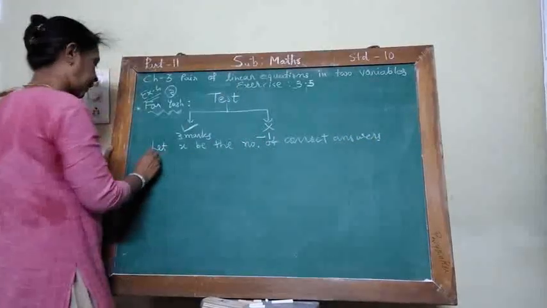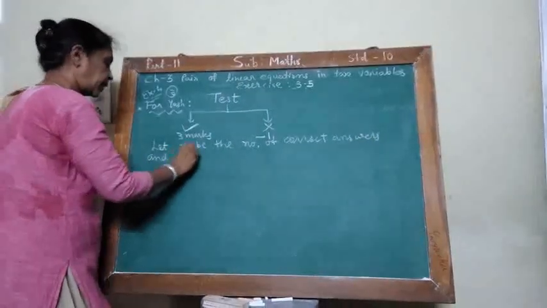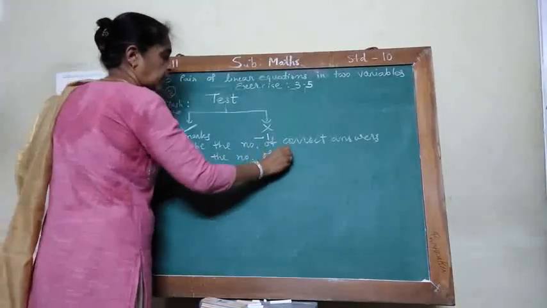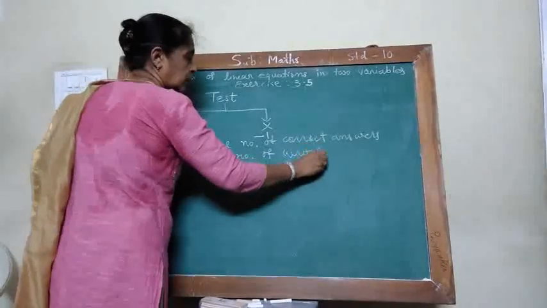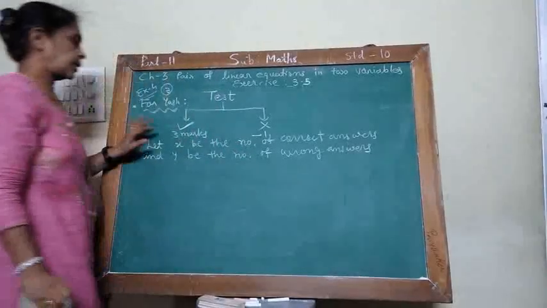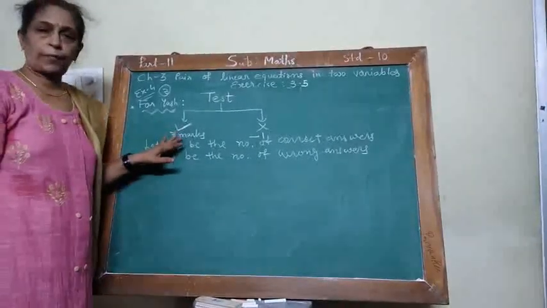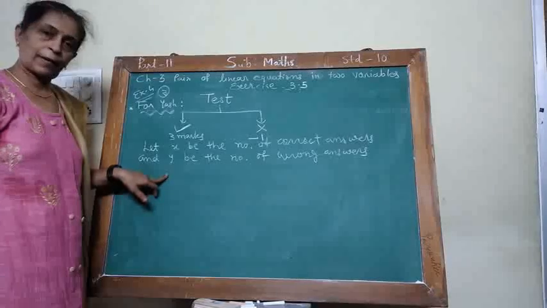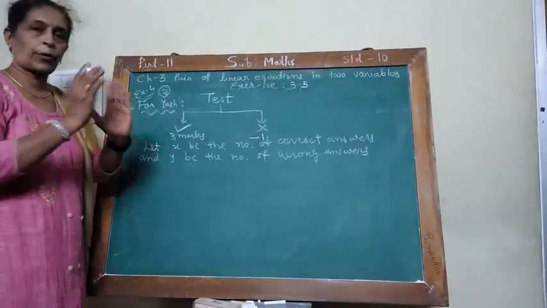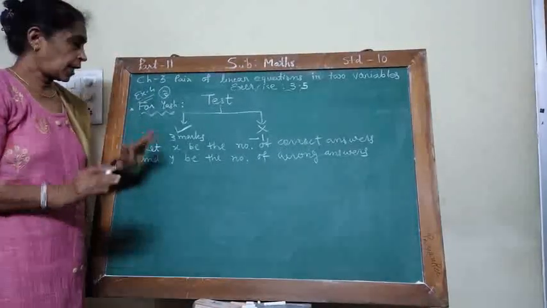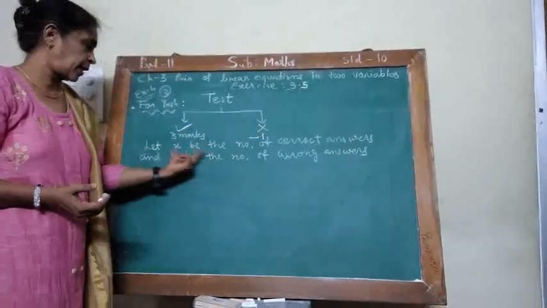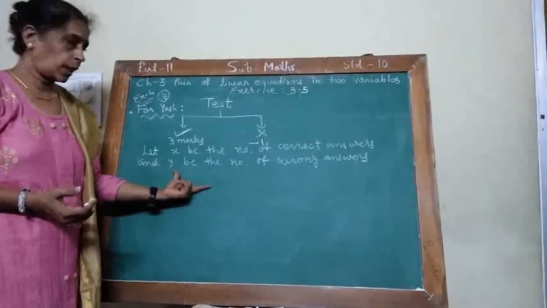Let x be the number of correct answers and y be the number of wrong answers. If you find x and y and add these two, you get the total number of questions. Out of that total, how many are correct and how many are wrong, that I have denoted. Okay. Now,